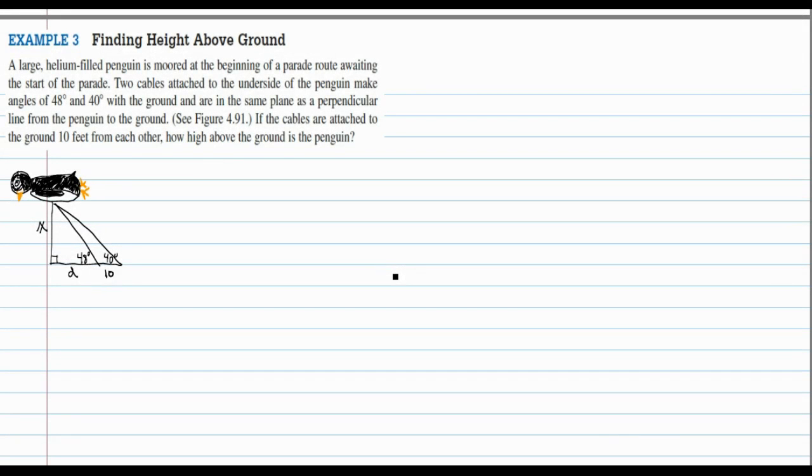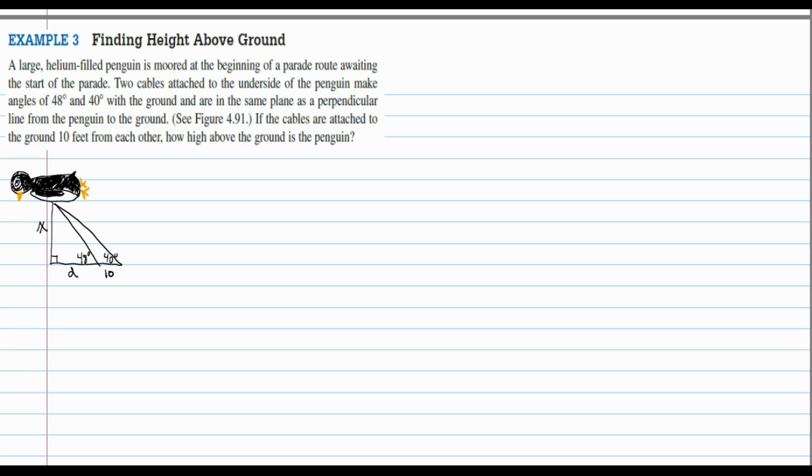This is the screencast for section 4.8, example 3. We're going to use some trig to find the height above the ground of a lovely penguin inflatable balloon in a parade. A large helium-filled penguin is moored at the beginning of a parade route awaiting the start of the